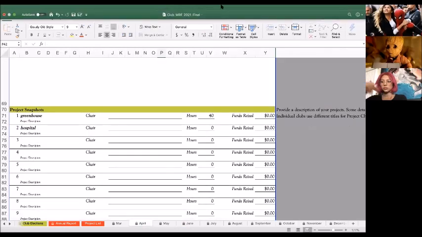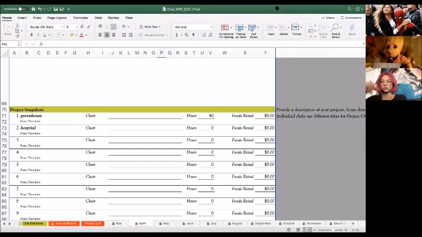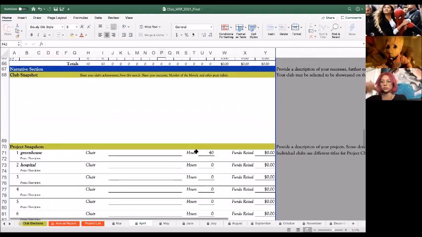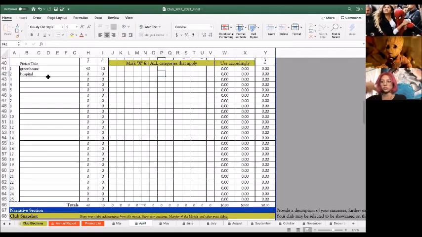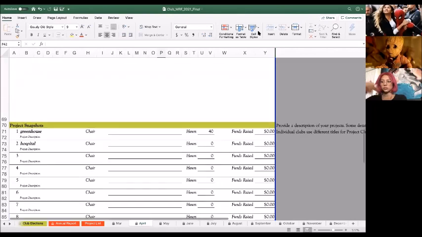Project snapshot. This is more emphasis on what your service projects basically are. And the service project names will automatically transfer from the project section.